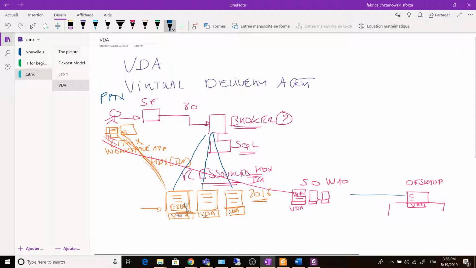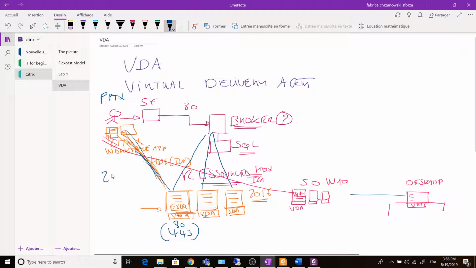For the VDA that is running on Windows Server, that means that you allow multiple connections for multiple users by the following port. The user tries to connect to the VDA. Of course, the connection to the VDA is made on 80, but if you have a certificate in the VDA, it will be 443. Okay, and by default, the connection between the receiver here and the VDA is made